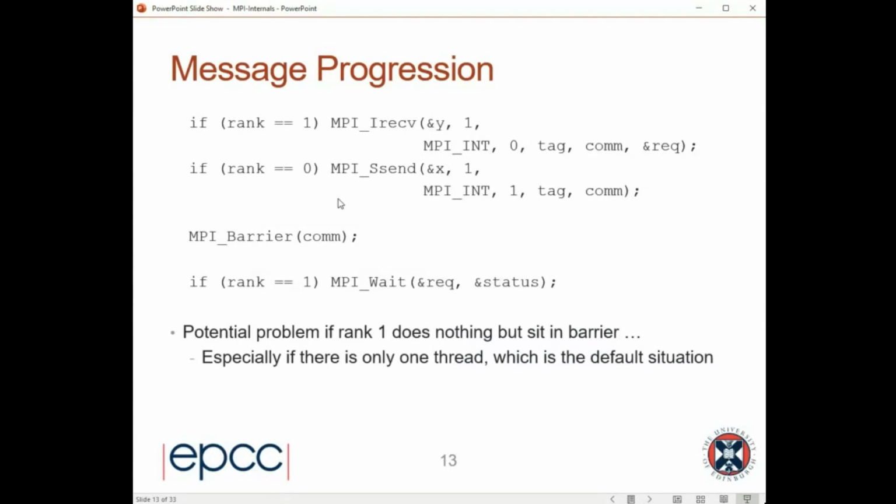Let's assume that rank 1 has said I want to receive a message from rank 0 in a non-blocking way. So it's set up, it's waiting to receive the message, and then rank 1 immediately goes into a barrier and sits there for rank 0 to appear. Rank 0 is saying, I want to synchronously send a message to rank 1. I'm not going to progress until my message has been received. So if all rank 1 does is sit in this barrier and ignores rank 0, then your program will deadlock,